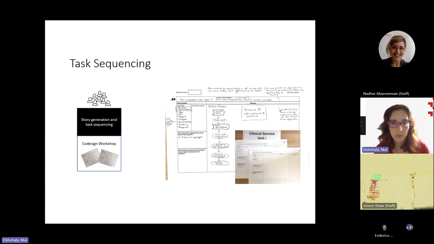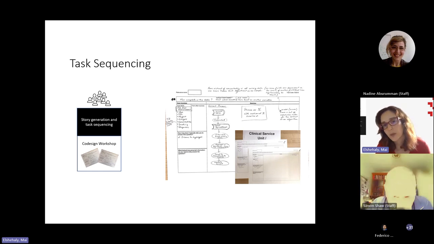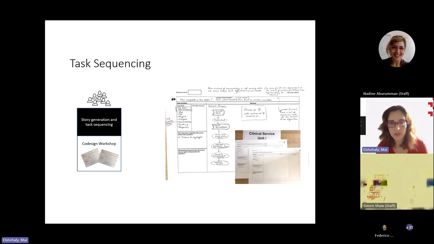We had a couple of co-design workshops where we asked them to look at different types of tasks. Now we started abstracting away from the specifics they told us in the interviews, and we made up some tasks that represented groups of tasks. And we asked them to tell us stories around those tasks in a way that builds a narrative around them. So it's not just the insight that mattered. We wanted to see what else. Okay, if you have that insight, what's the next question you would be asking? And then how this can lead to a decision or some sort of insight that is being gained.